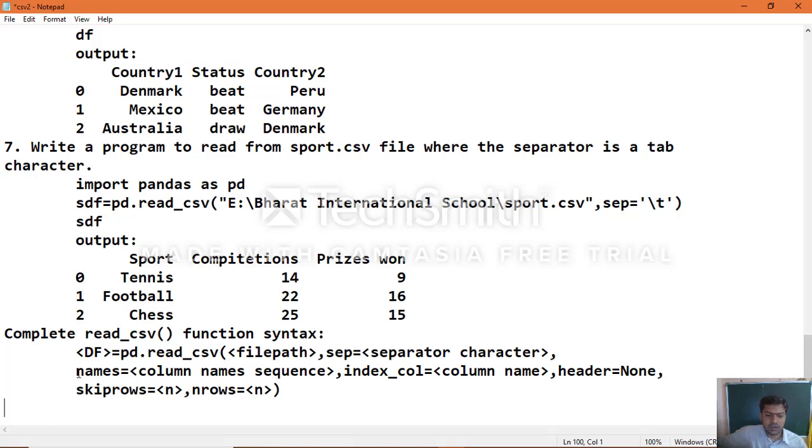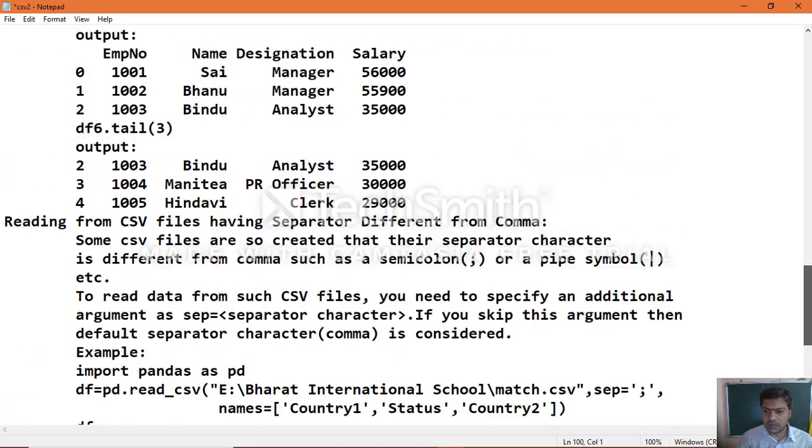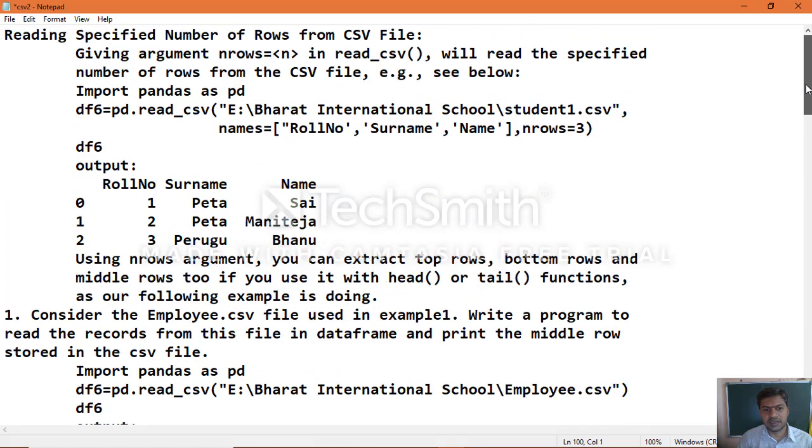Along with this, there are other functions that we call head and tail functions, with which you can extract data from your CSV file from only the top rows or only the bottom rows, or based on the number you specify. Now we'll see how we can make use of this with the help of practical examples, one by one.